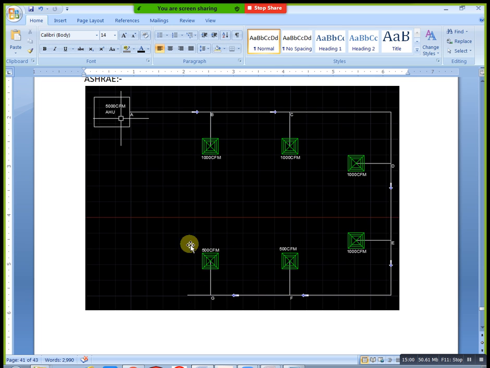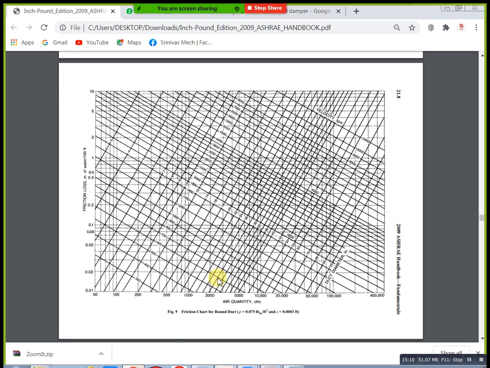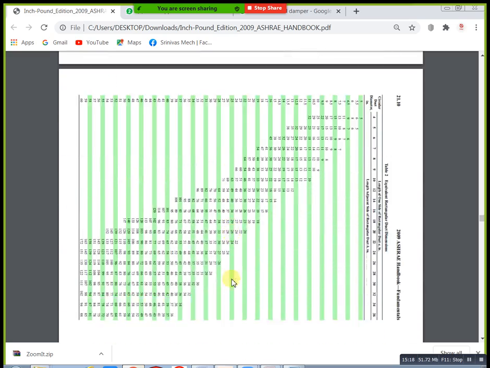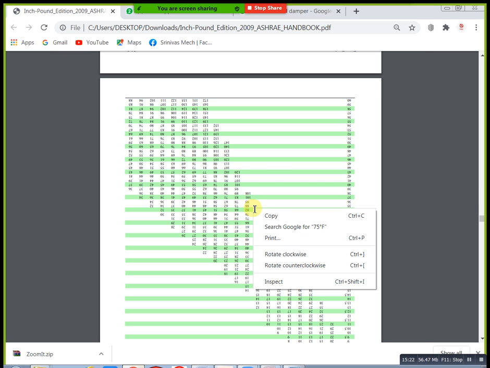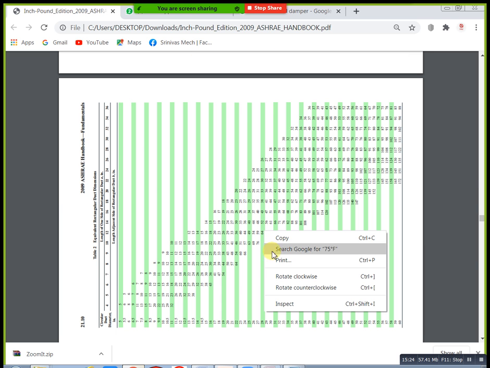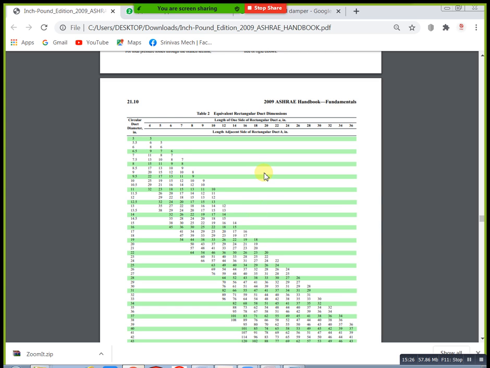This is one process to find out the duct. And another one is, just you can go here, we need to calculate manually. For example, I will take directly, we have the diameter value now, already we know the height, at the same time the diameter. Then you can take this sheet, this is also an ASHRAE sheet, equivalent to rectangular duct. Just you can see here, we have two values.